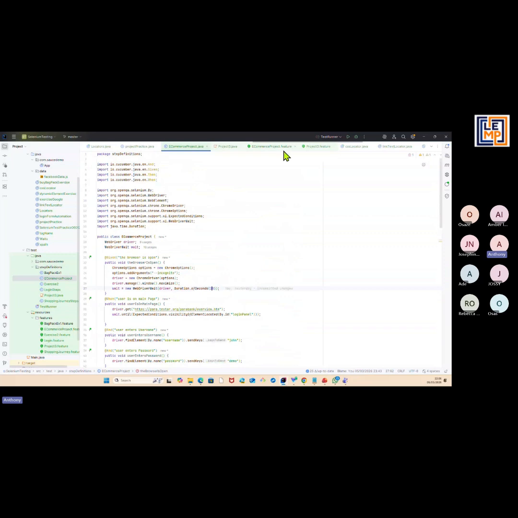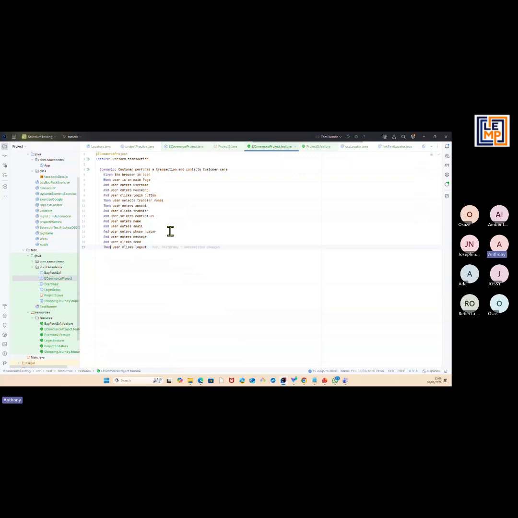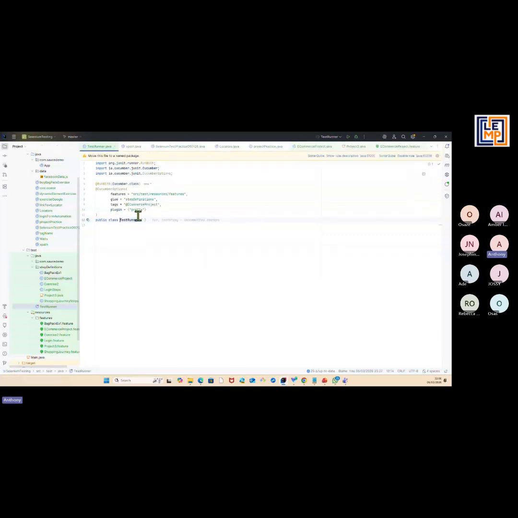I'll just run the test. For this particular project, I used Selenium WebDriver in step definitions. Then I used Gherkin in the feature file, and then we've got the test runner. My test runner is tagged e-commerce project, which is the name of the step definition. So if we run it,